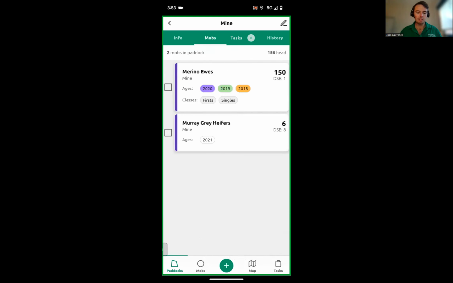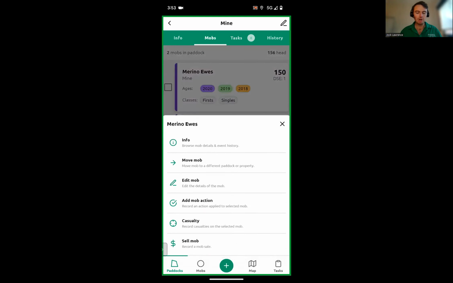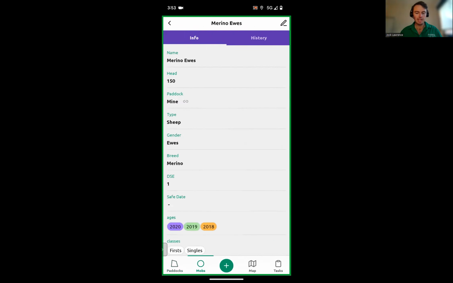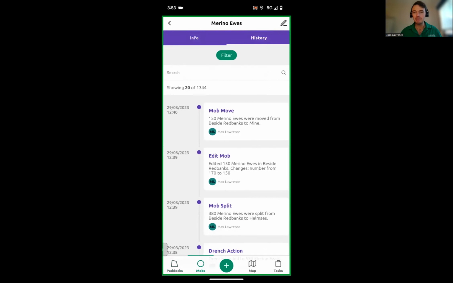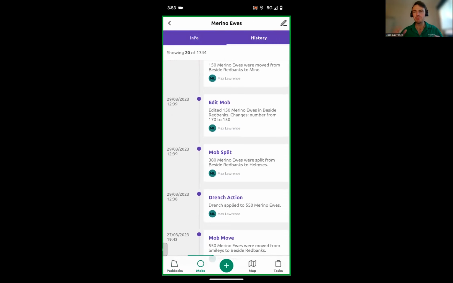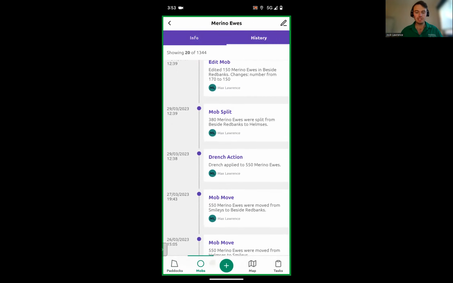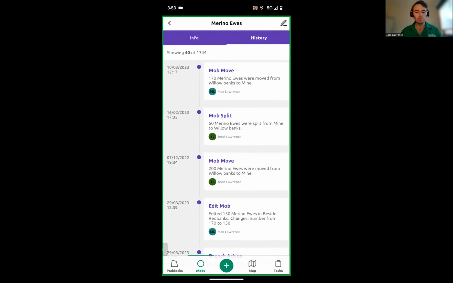And same with the mob. So if I click on a mob, I can go into the mob and view information. There's a bunch of key information there, but I also get this full-blown history. So everything that's ever happened on this mob, or composite of mobs, if mobs are merged into it, so does the history. So this is literally everything that's ever happened on, or could have happened to this mob